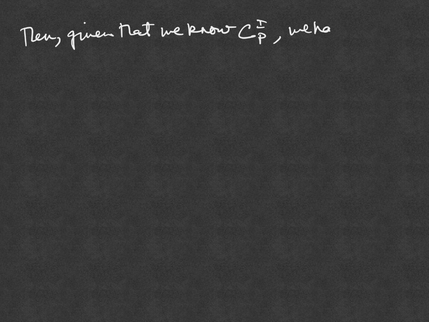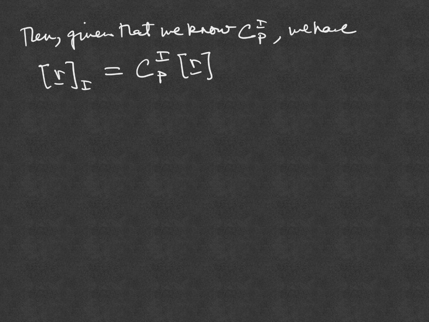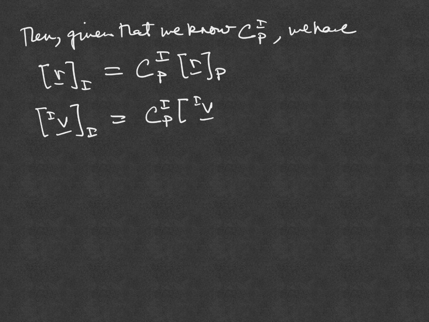So, given that we know Cp to I, the position expressed in the ECI coordinates is equal to the transformation from p to I times the position expressed in the perifocal coordinates, and the inertial velocity in the ECI coordinates is equal to the transformation from p to I times the inertial velocity expressed in the perifocal coordinates, where